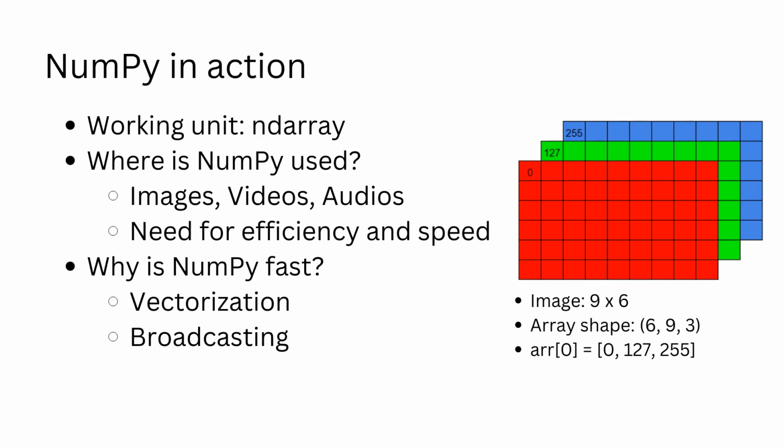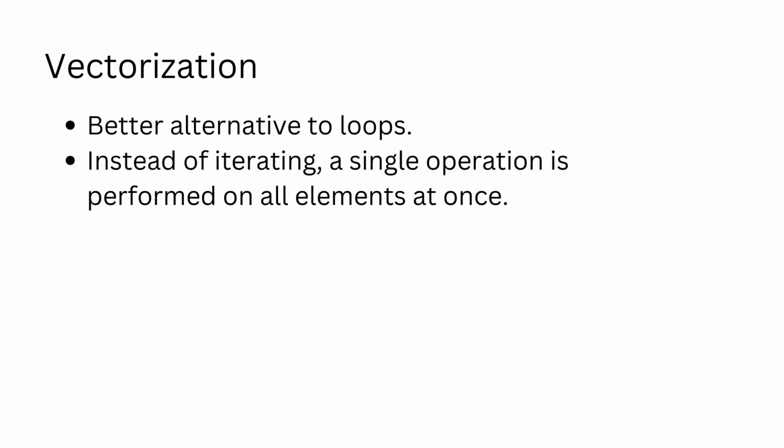How does NumPy achieve this efficiency? Through a couple of properties called vectorization and broadcasting. Vectorization refers to the process of simultaneous application of an operation over all the elements of an array. This is achieved by offloading the calculations to a C language backend, where computation is much faster. In hindsight, we get the best of both worlds, the speed of C language and the concise syntax of Python.